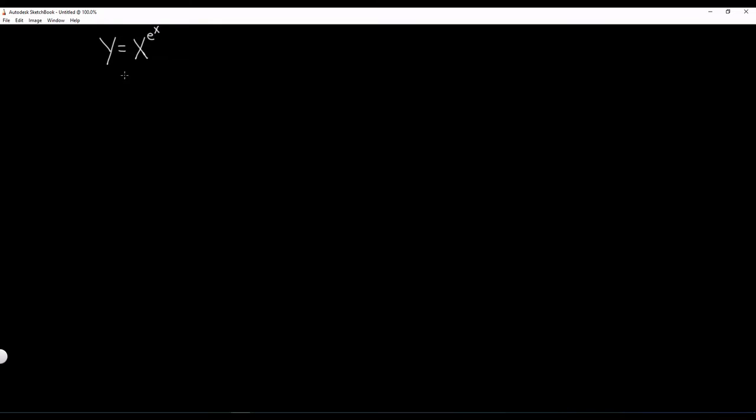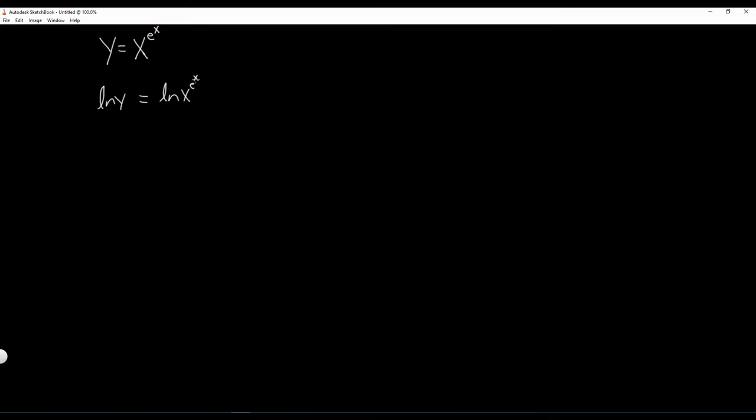So for this problem, we have y is equal to x raised to the e to the x. And we're going to go about it the same way. We need to take the natural logarithm of both sides because we have a variable raised to another variable up to a power with a variable in it. So we're going to take the natural logarithm of the left-hand side is equal to the natural logarithm of x